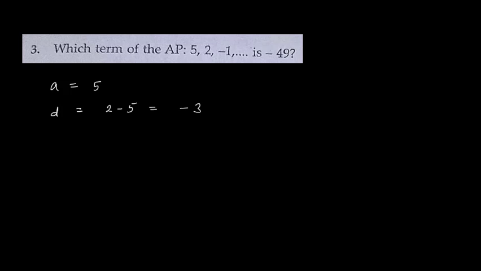And what is this minus 49? So this minus 49 is nothing but an nth term. You understand, you consider that this last term is your nth term, so your nth term is minus 49. The question is which term? So that means this n is what you have to find out. This is the question mark. Now I have written all the information. What you have to do, you just have to write the formula, put the values and get the value of n. Simple. So pause here and solve.